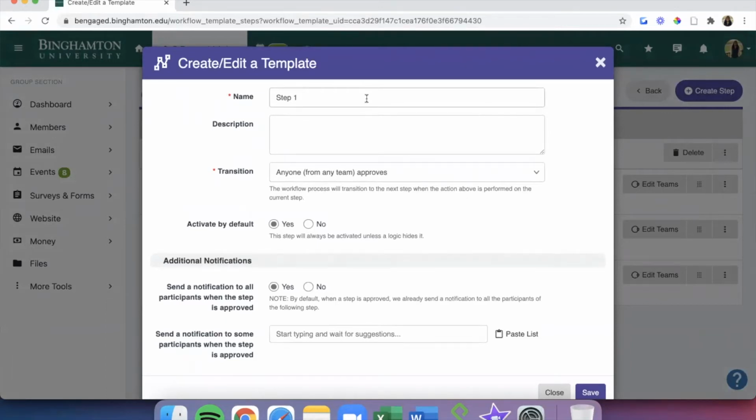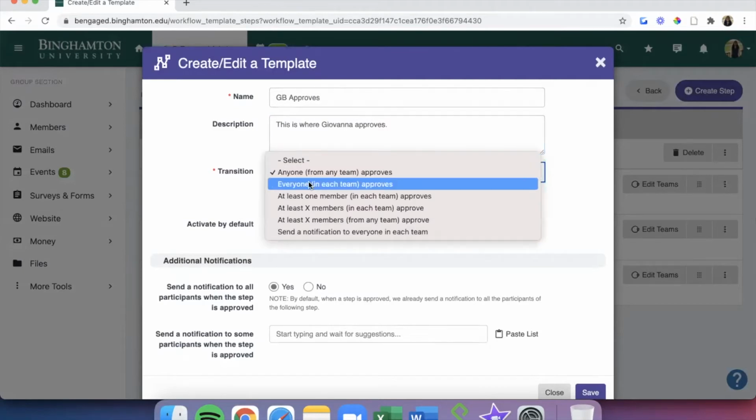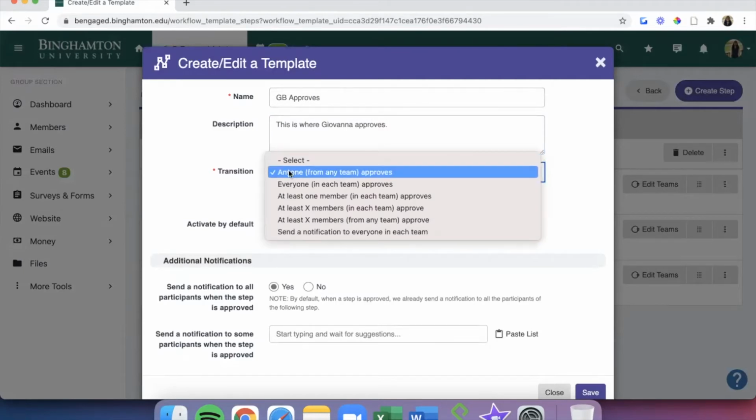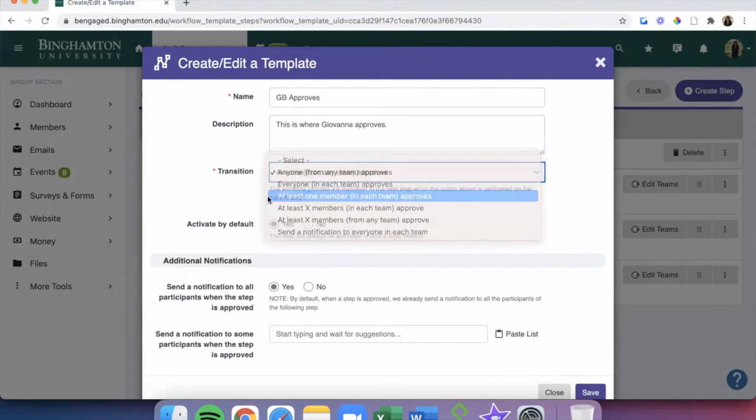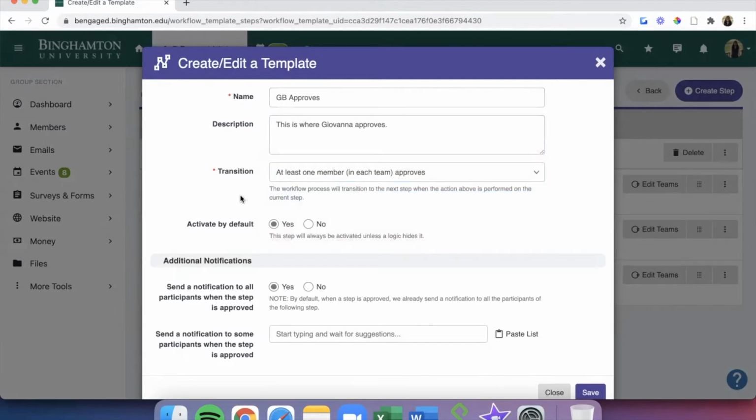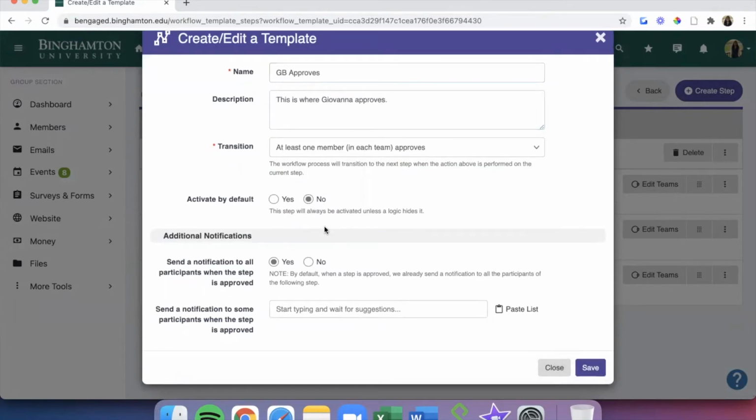You'll give this step a name, a description, decide on a transition, meaning when it moves from pending to approval, whether this step is active by default, and if you want additional notifications set up when the step is activated.